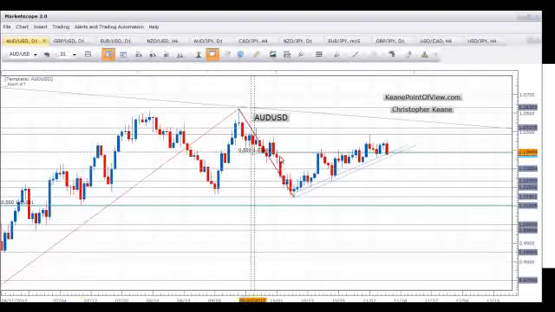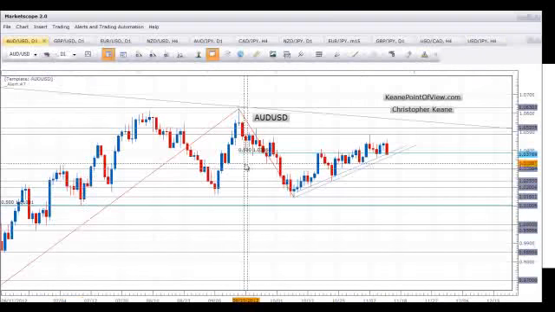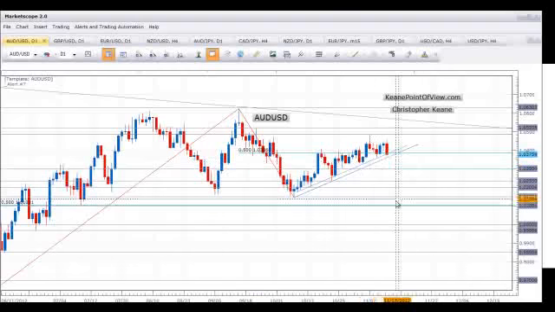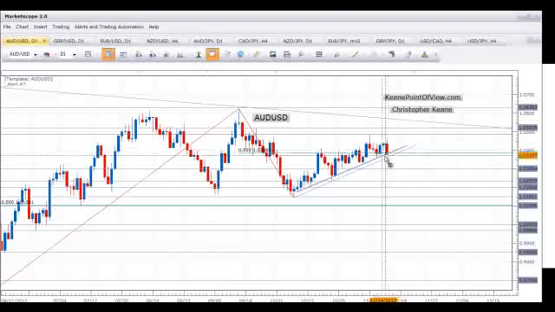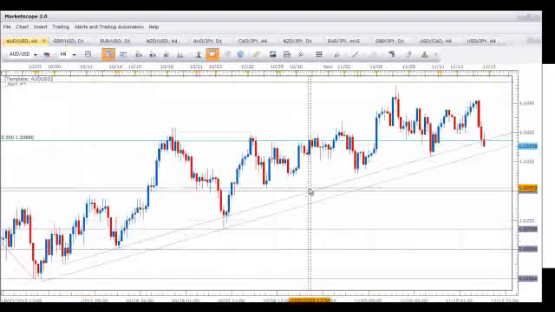Let's take a look first at the Aussie USD. As you can see, the Aussie has pushed lower throughout the day, and it's currently sitting right about at the 50 fib at 103.86, and it's also sitting on an ascending trend line support here at the 103.80 area. And it looks as though the pair is challenging these lows right into the end of the day, but it hasn't had the momentum to push lower.